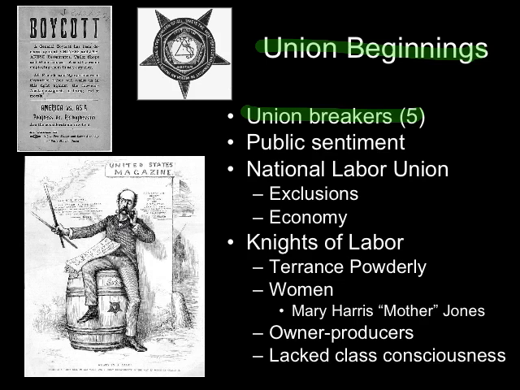Number 5, and this one's particularly interesting, I'm going to take a moment to talk about. Number 5 was a company town. Company town. Okay? In a company town, if you worked for a company, you also had to live in the company housing. The most famous example of this was in Pullman, Illinois. It's outside Chicago. Pullman, Illinois.